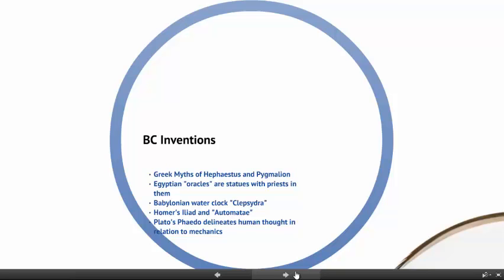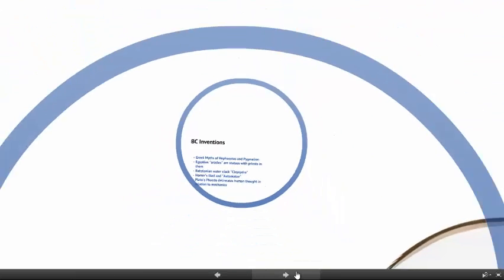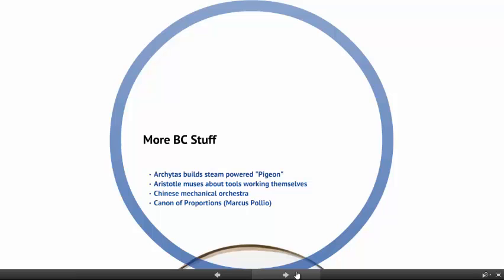So even in BC, we're seeing that initial step towards what we would consider a robot. While these may not necessarily fit our definition, they're leading towards that ultimate goal. It's just that the technology is not quite there to get us over that threshold to the true definition of what a robot is.